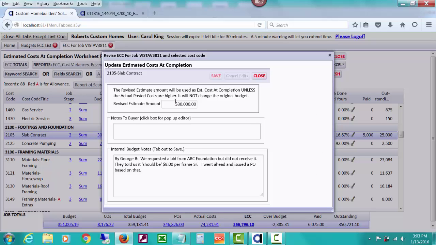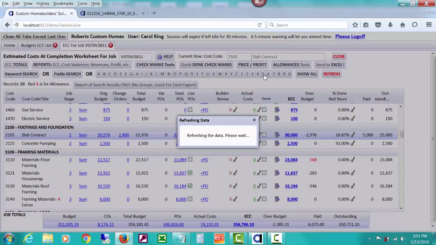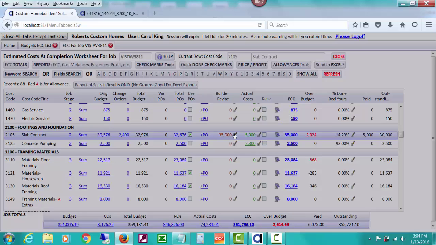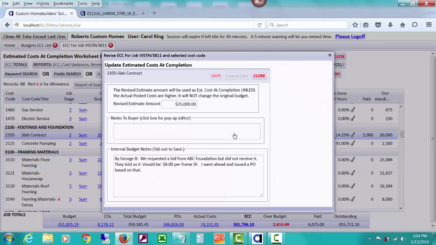We've been having issues with you, you know, and the builder really would probably want to write some notes about this. So let's close that. And now you see we're going to have, all of a sudden, we're going to be over budget by 2024. We're estimating to be over budget just because, so this is all you have for your scribble sheet, instead of tons of scribble sheets you're trying to run around and do. You can, of course, always be controlling this, but if you just know something and want to get it in there real fast,